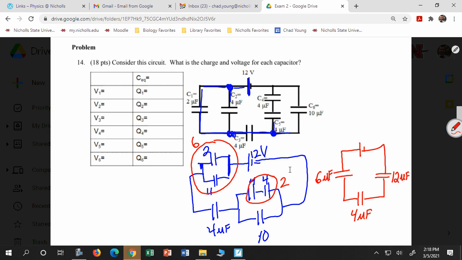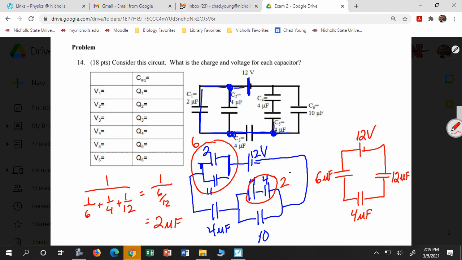Okay? Now, this is all 12 volts. Now, if I want to find my equivalent capacitance, oh gosh, what is that? I think it's a simple number. 1 over 6 plus 1 over 4 plus 1 over 12. That is 2 plus 3 plus 1, that's 6 over 12, which is 2 microfarads. So the equivalent of that is 2 microfarads,